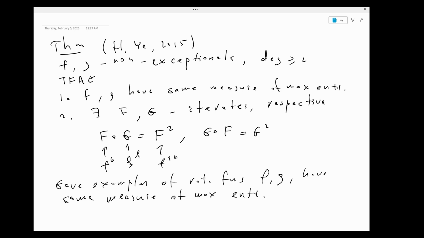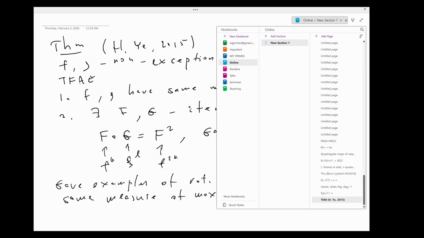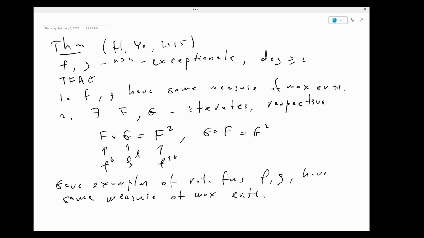Right now in this theorem that you are writing, you say that you have two equations for the composition of F with G and the other one. Yeah, we do, but we don't really care about this one because we would like to solve things for Xi. We'd like to have Xi hat on one side only. But yes, we do. It just follows from the theorem. Yes, that's correct. So he gave examples of rational functions which have the same measure of maximal entropy, but